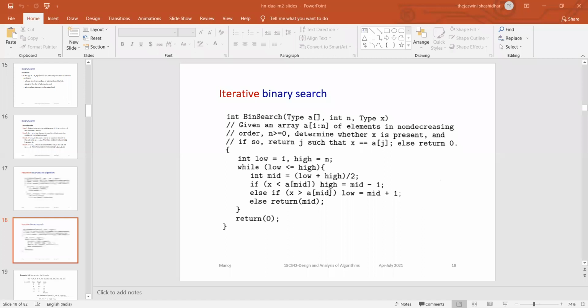So now the answer finally: will the recursive binary search have a left and right part?